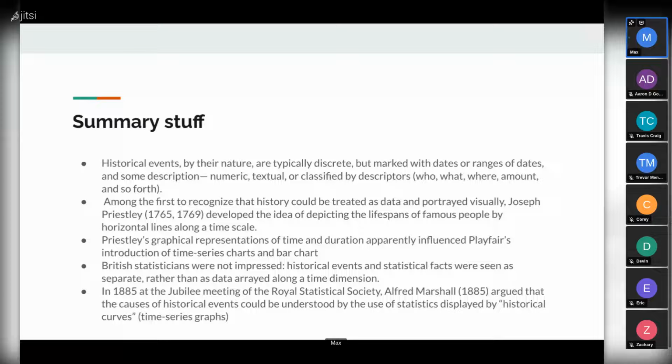This is just him talking about why this matters, this whole thing that I just went over, this history of things. Priestley's graphical representation of time and duration, apparently influenced by Playfair's introduction of time series charts and bar graphs. So Playfair, remember, was the guy we said was like the father of many modern graphic things like bar charts, time